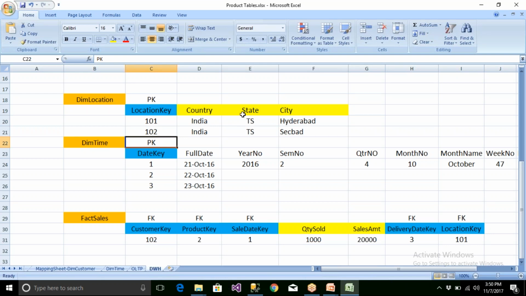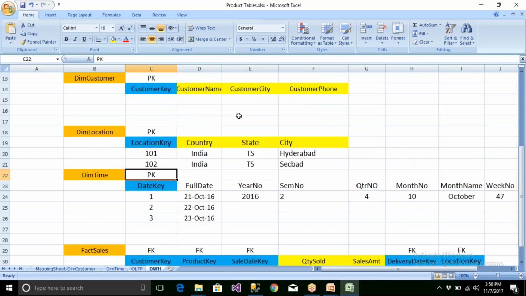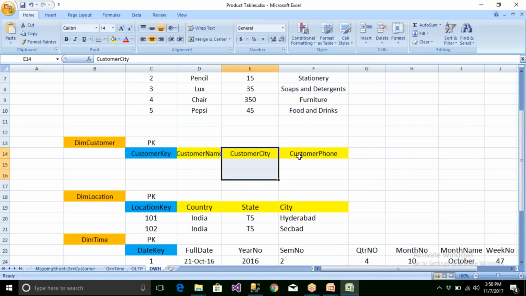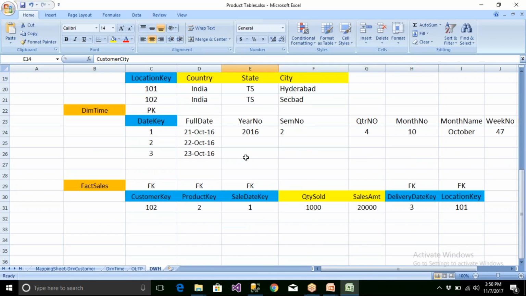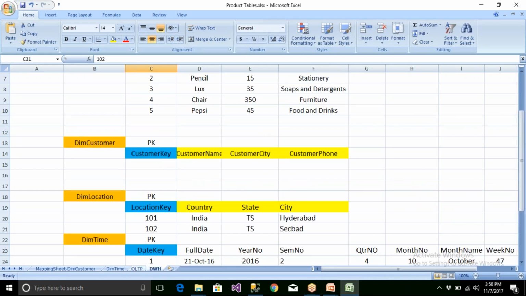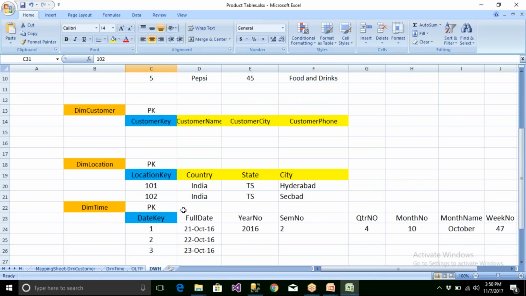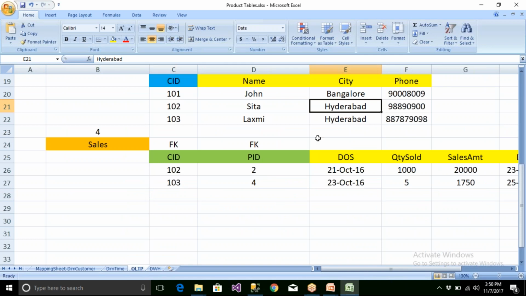I don't want to maintain this in the dim customer table, but you may maintain the customer phone number. I have removed this column. So instead of adding the column there, I'm simply adding 102. 102 means some customer here, residing in some city called Hyderabad.